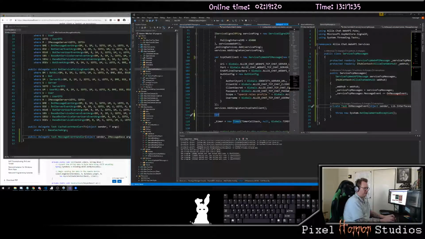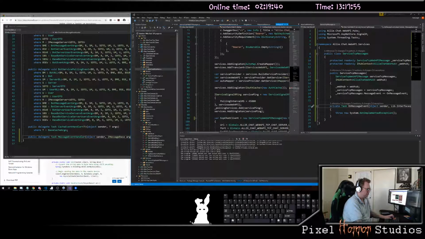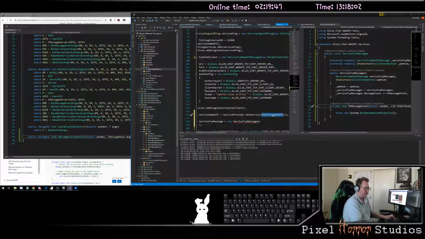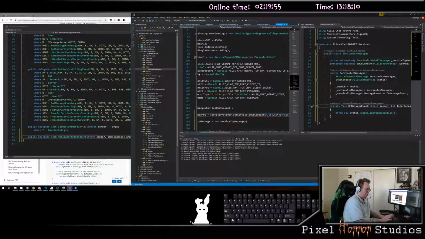Okay, at this point, I need to have my service TCP messages equals a new service TCP messages. And I want to pass in here my services called hub context allie.chat web hub called